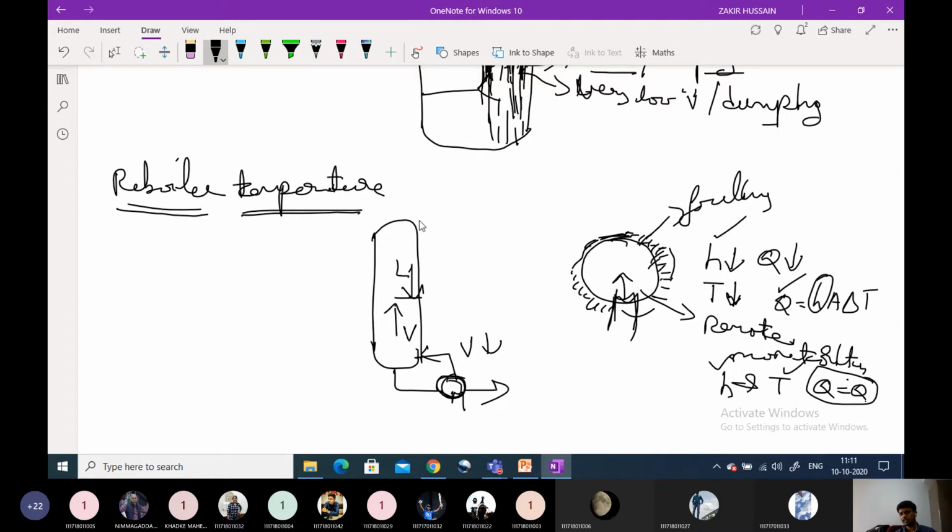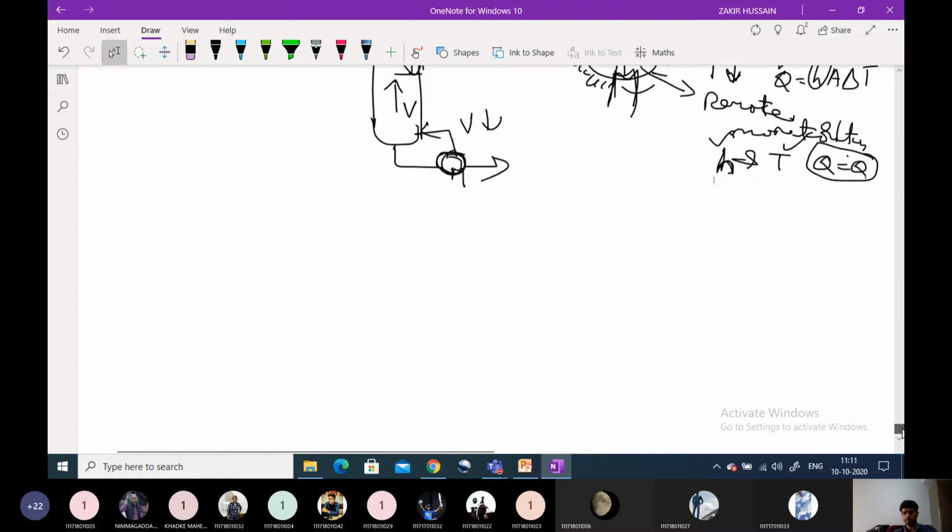Then, in order to run our distillation column at an optimum vapor flow rate, we have to check at regular intervals what the heat transfer coefficient of the reboiler is and what its optimum temperature is. We have to sense that temperature and heat transfer coefficient using some remote device. Usually the operations are DCS operations, distributed control system operations, so they will remotely handle all these problems.